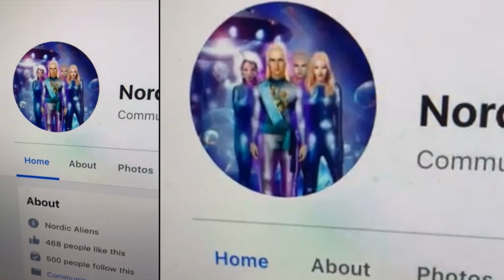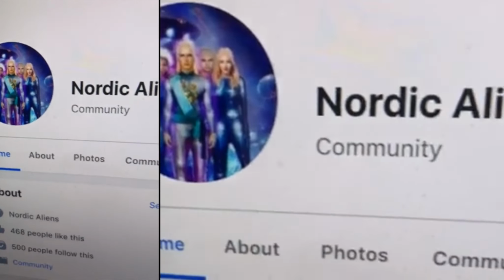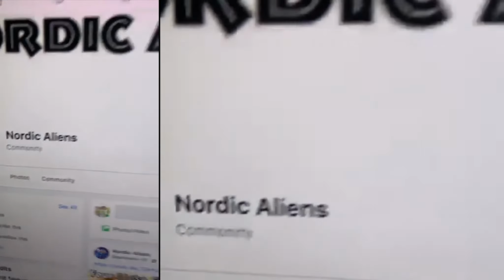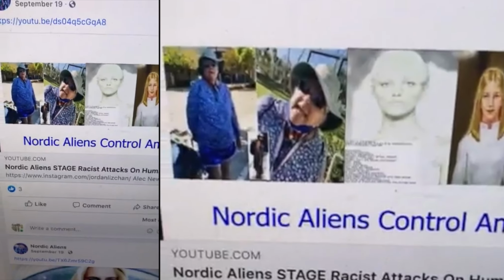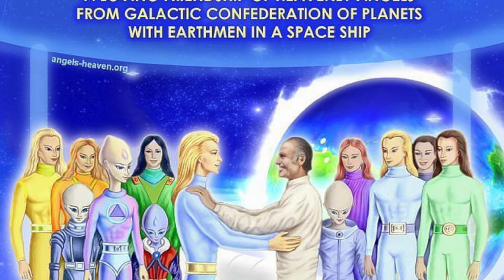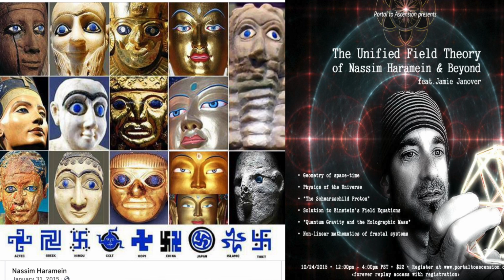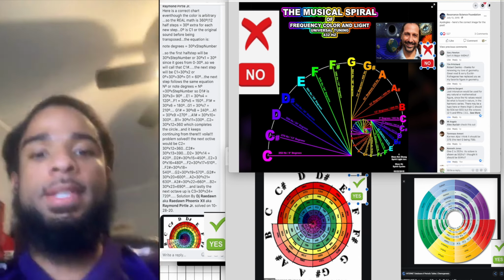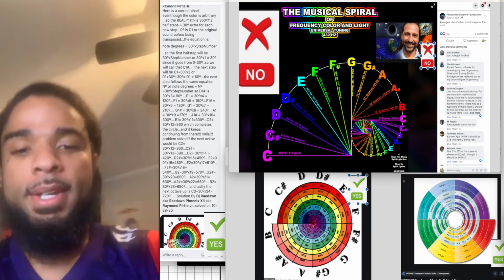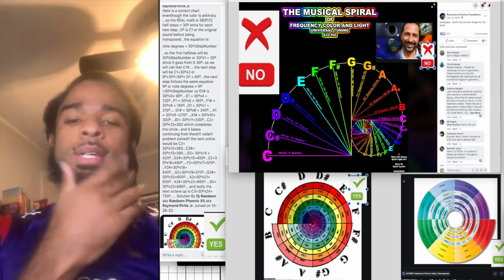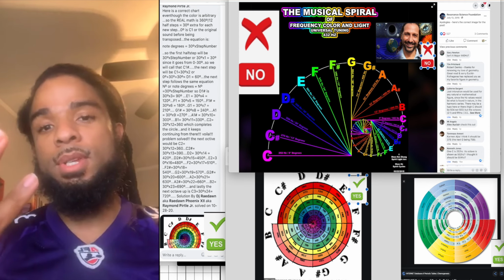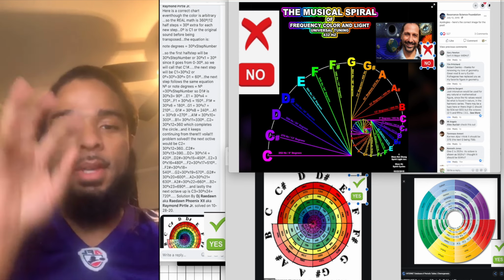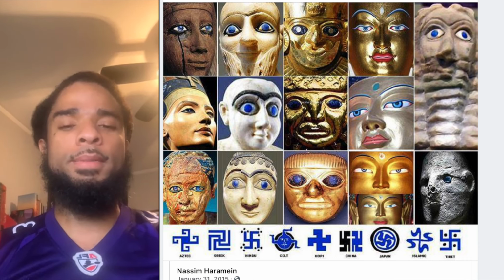Right, a lot of people believe in this. People believe that there are Nordic aliens, and you go to Wikipedia, Wikipedia has Nordic aliens. So there are whole worlds of people who believe there are Nordic aliens, and he's on that tip. So that's why I'm exposing him for having fake sacred geometry. I just did the mathematics and debunked his fake sacred geometry, and that's it. So that was a quick lecture. Got that done pretty quick. So yeah, I debunked Nassim Haramein's fake mathematics, and I exposed his purporting of blue-eyed people starting all the